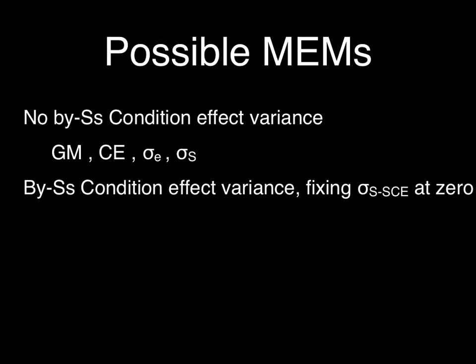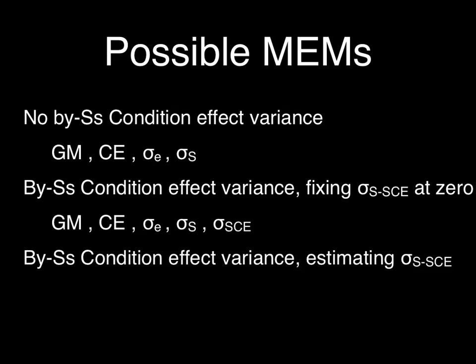But we can say that let's just fix the covariance of the subject's mean RT and the subject's condition effect at 0. So that would be sort of the next most complicated model. You have the variability amongst subjects, but it has no correlation. There's no correlation between the subject's mean RT and the subject's condition effect. And so that has 2 constants and 3 variabilities, because we're fixing that 4th